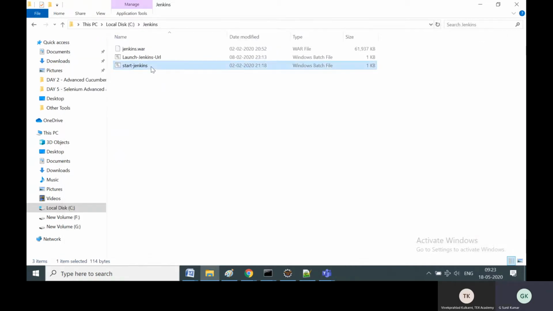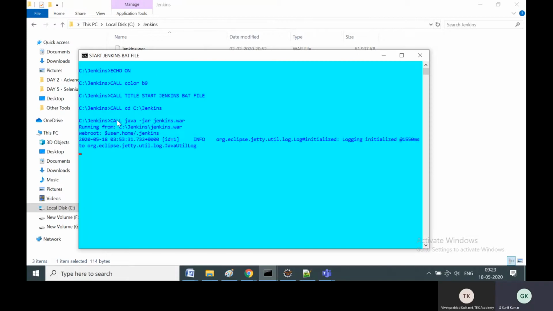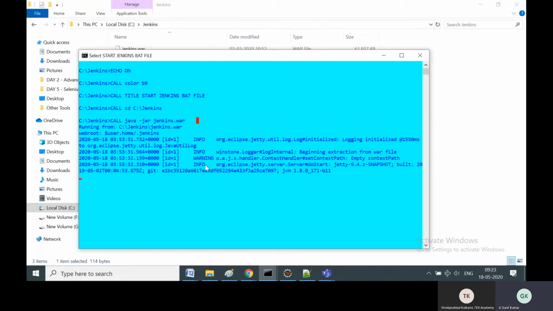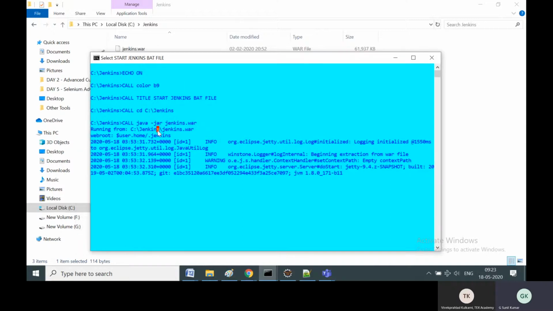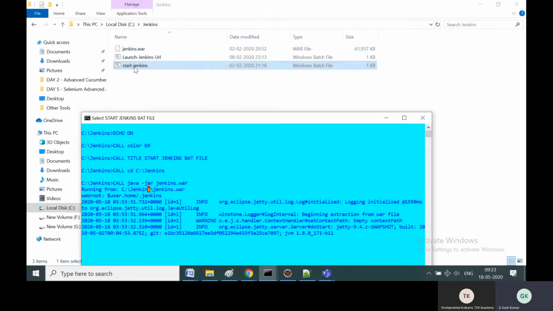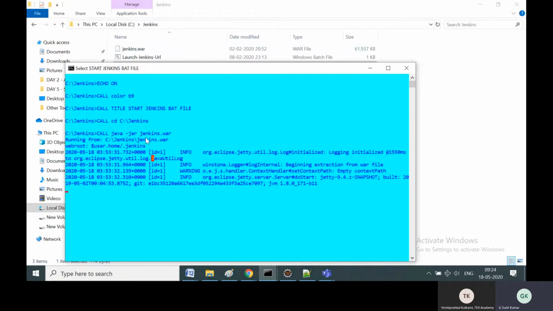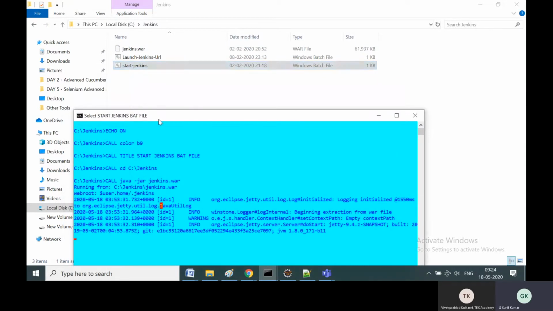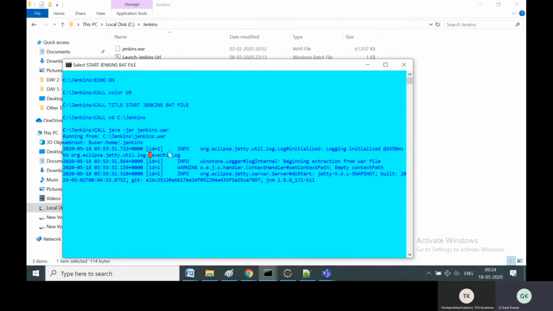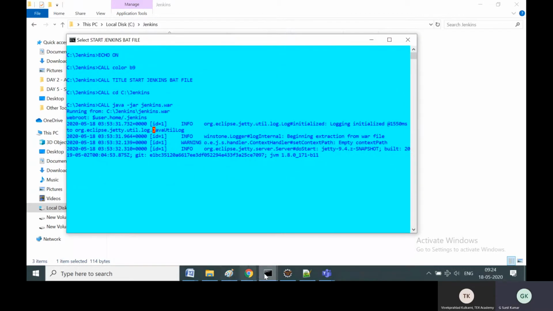So I'm just going to double click this, and you can see it has executed the java -jar Jenkins.war file. And note here, guys, you have to put it in the C:\Jenkins exact folder, because that's the advantage of batch files. Keep it in one dedicated folder and create a batch file to start the Jenkins server. It's not going to search where the Jenkins.war file is. The war file is present at one steady location, and it's going to start Jenkins from this batch file. You need not type the command also. Just double click the start Jenkins file, and it will start Jenkins for you. So here Jenkins is started for us.